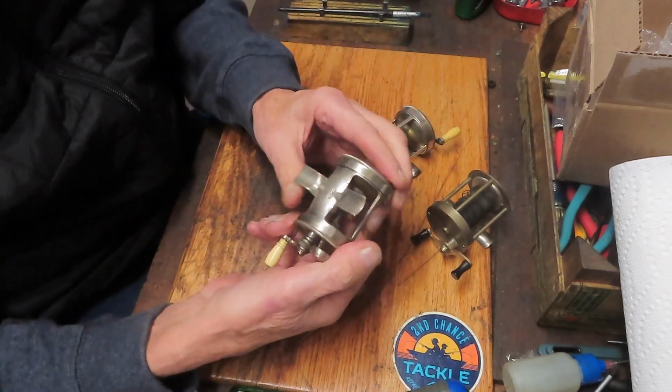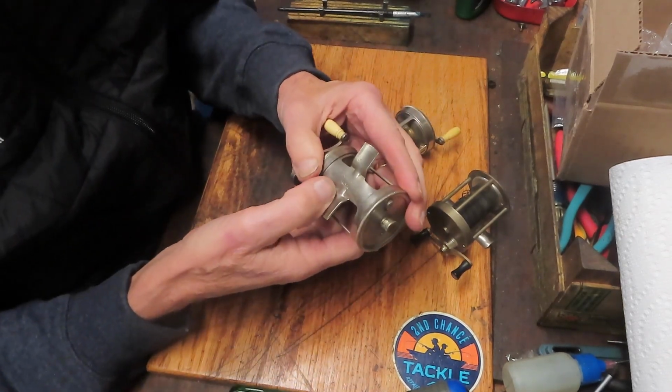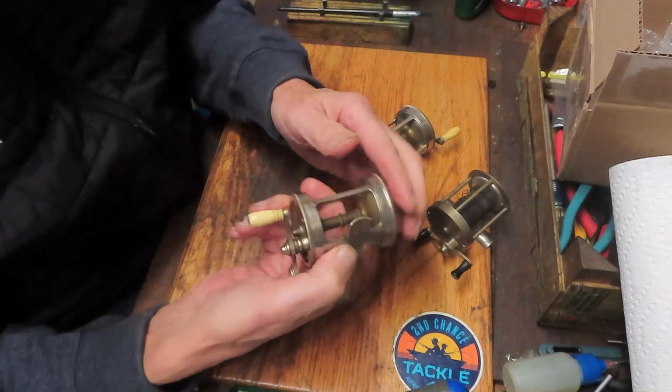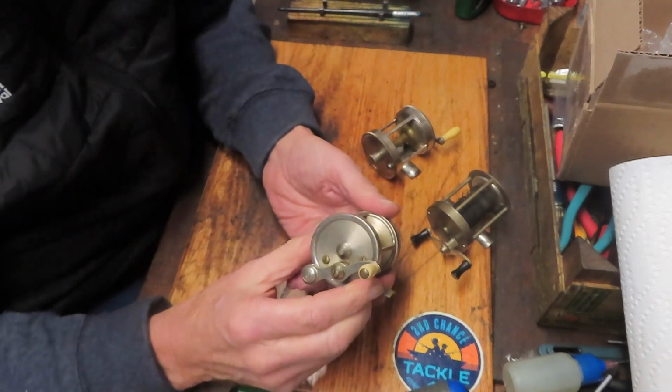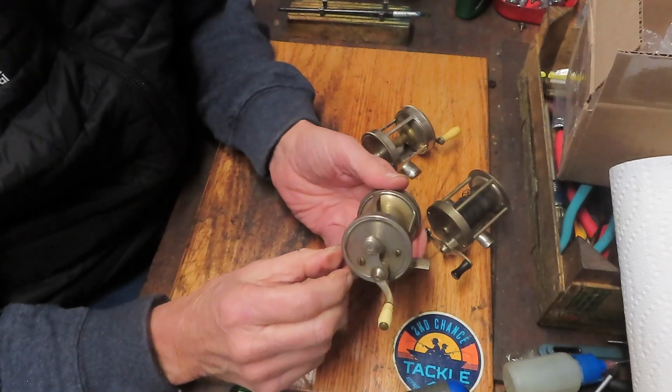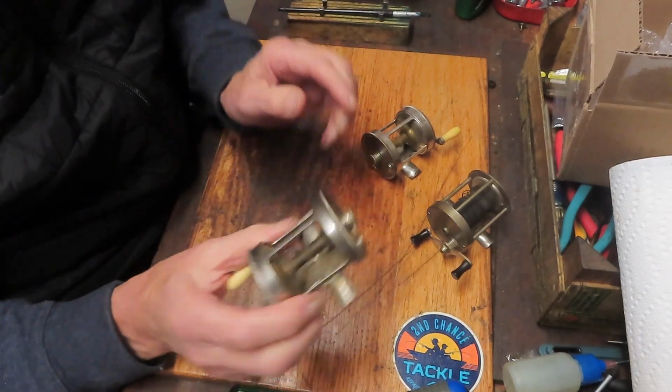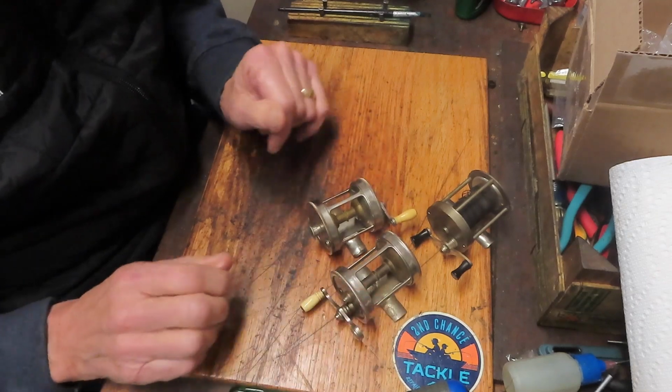And then they moved out to Elmira. I'm sure I'm pronouncing that wrong, Elmira. But Ohio, the manufacturing there went from 1925 to 1940. This model went until 1930. That's how I know that I have reels that are basically